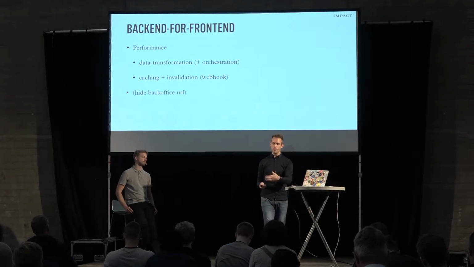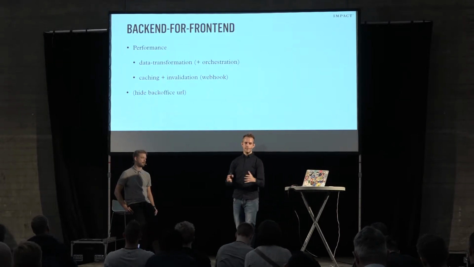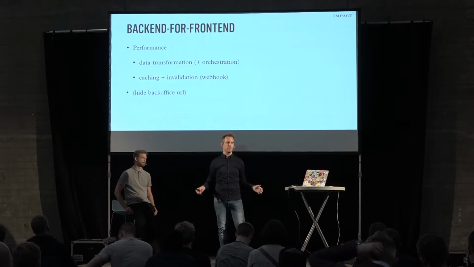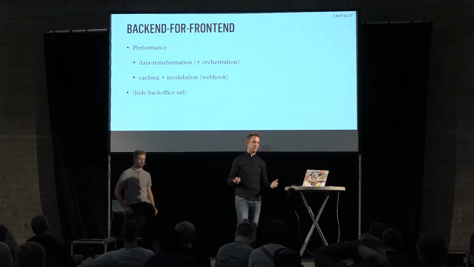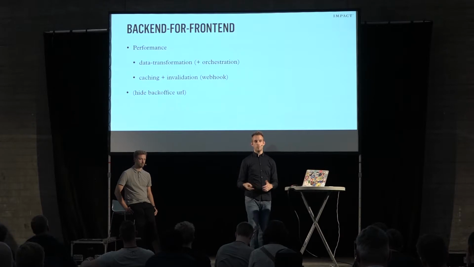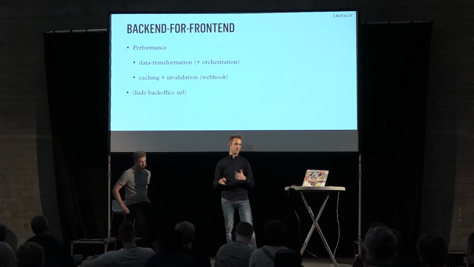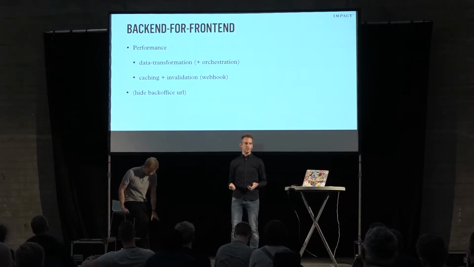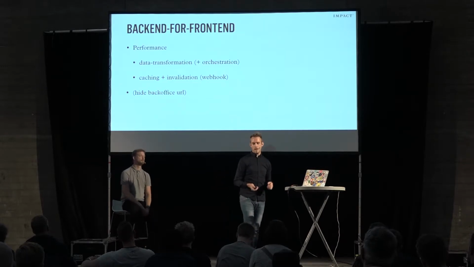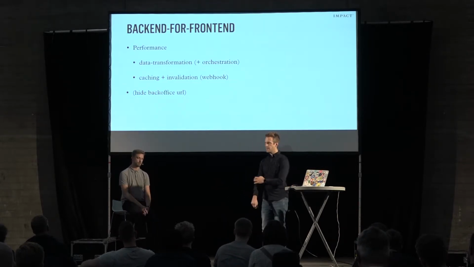And then we want it for performance, like with caching. So we want to be able to cache that response, so we don't have to do 10 requests every time, but we can just do the one, and it's going to be really, really fast. And with modern CDNs, you can actually host the BFF in the CDN and run it as a function out there. There's a really nice added feature here that we actually hide all the implementation of Umbraco, so nobody can ever see that it's an Umbraco site, so it's not vulnerable. Nobody can see the URL to the back office,